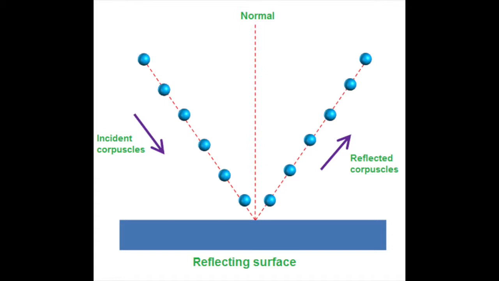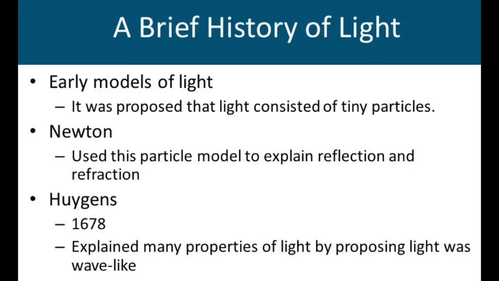Based on what you observe in the previous find out activity, light does not seem to consist of speedy little particles that travel in straight lines. When light passes through a small opening, it spreads out around each side of the opening. To explain this behavior, Dutch scientist Christian Huygens proposed that light travels as a wave, not as a stream of